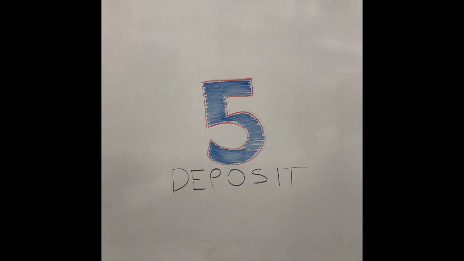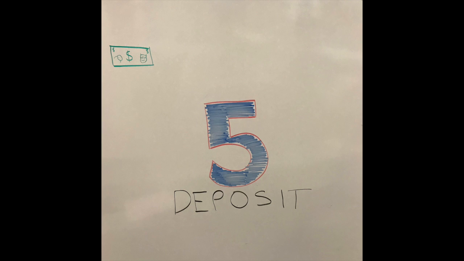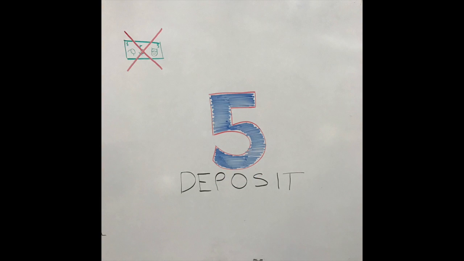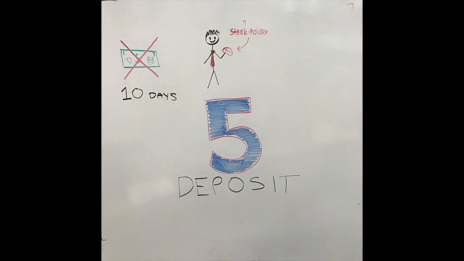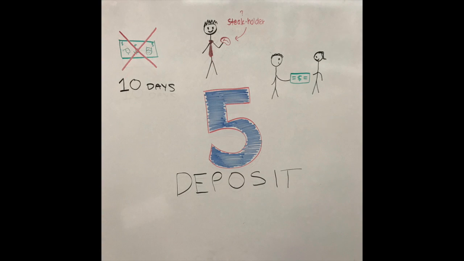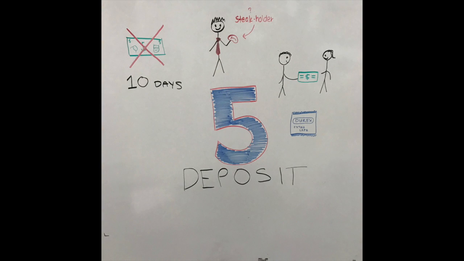Step 5. Payment of the deposit. It is a statutory requirement that the agent must not pay that money to any person during the stakeholder period. This is 10 working days after the date on which he or she received the deposit. Over this period, the agent must act as a stakeholder. It is not recommended that the purchaser pay the deposit directly to the vendor, as they will become an unprotected